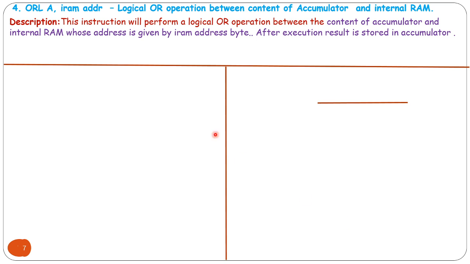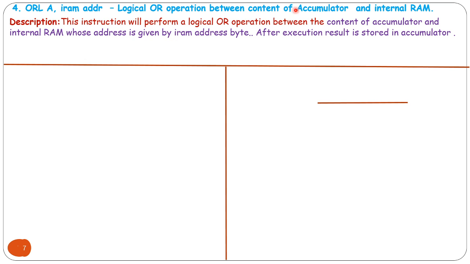ORL A comma internal RAM address: logical OR operation between the content of the accumulator and internal RAM. This instruction performs a logical OR operation between the content of the accumulator and the internal RAM whose address is given by the internal RAM address byte.